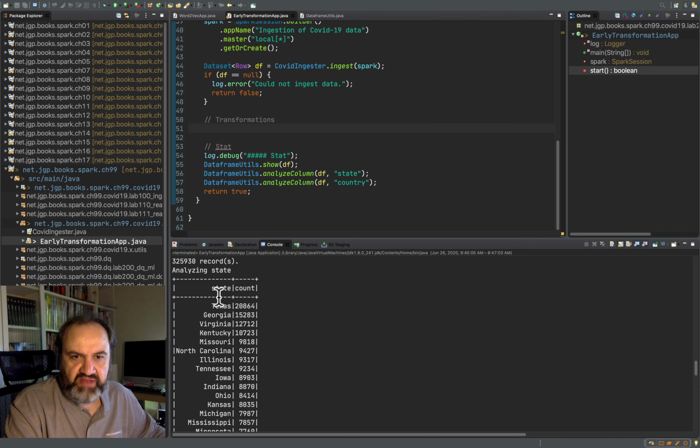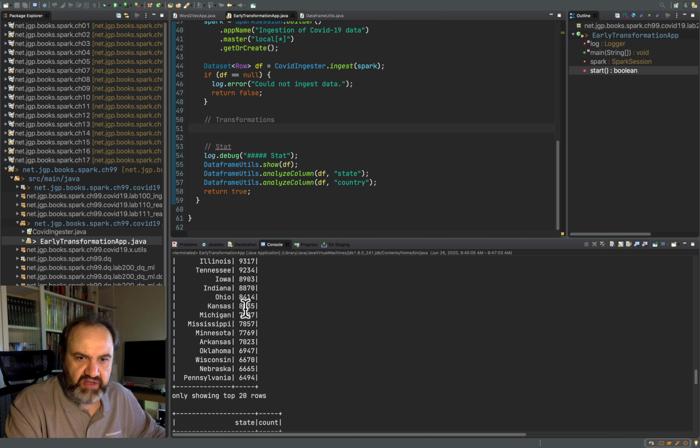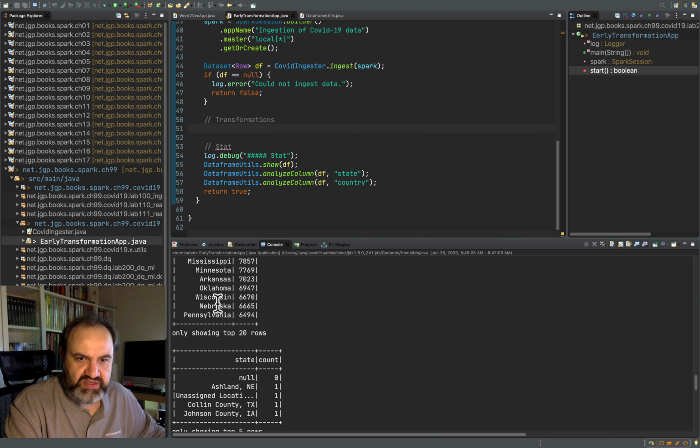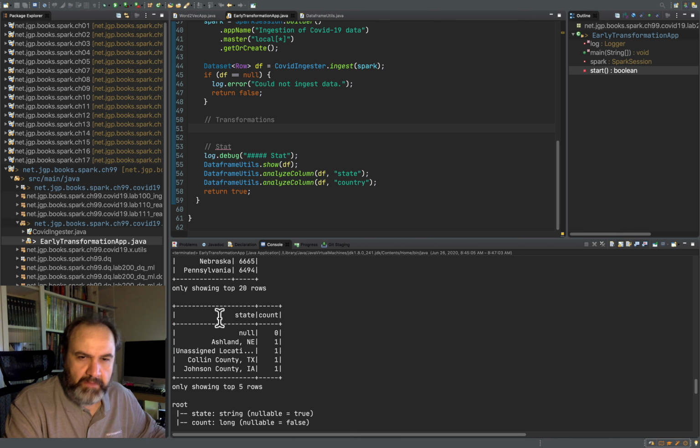You see here that Texas is the most mentioned state in the data. At the lowest end there's null, which I think is probably mentioned more than zero times, and there is an 'Unassigned' location, and things like that.